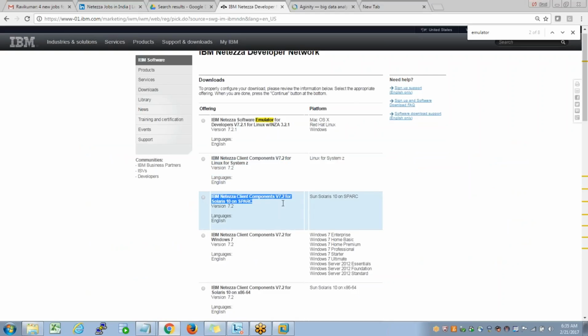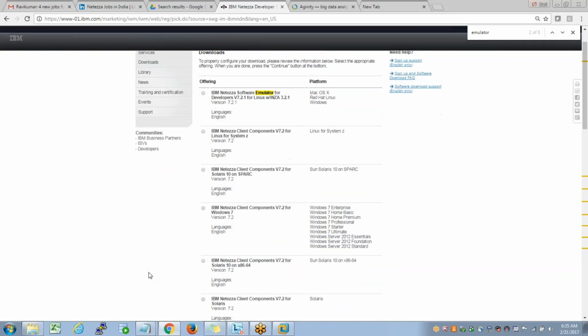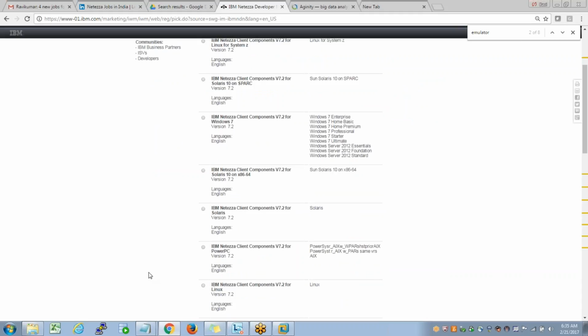In this case, Ravi, you have given me two client components: client components 7.2 for Windows 7 and for Linux. I need to install the Windows one, since my client will be a Windows machine. Yeah, you can download both. Linux is also there. If time permits during the sessions, we'll create one more VM, install the Linux components, and try to communicate from Linux to